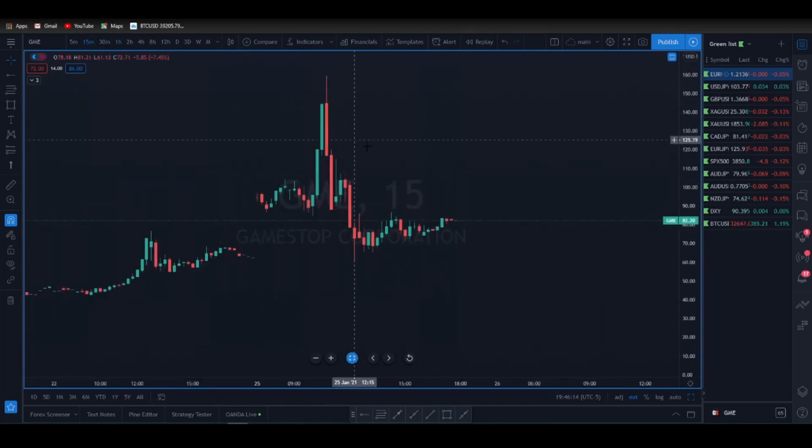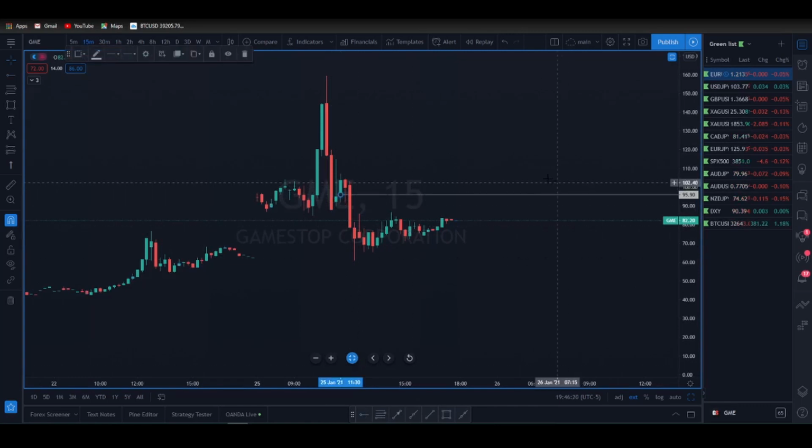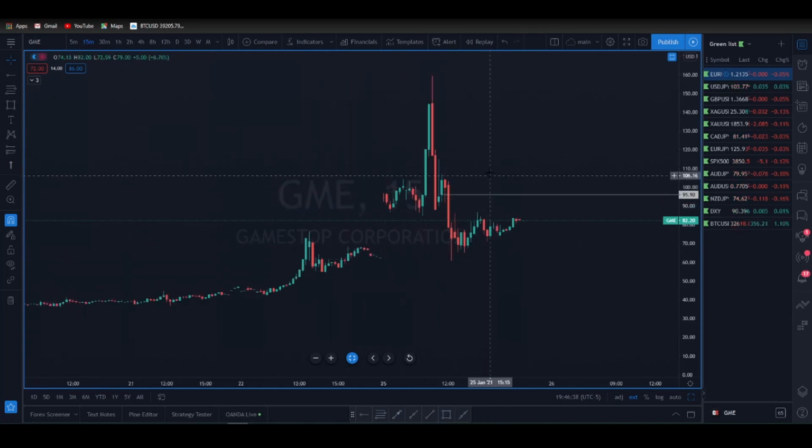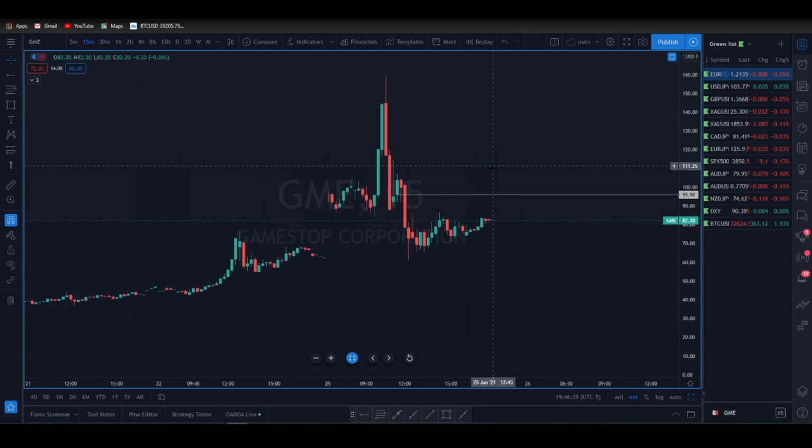Let's go to a 15. All right, so here we go. Let's see what happens on GME at the $95.90 area. That doesn't mean I want you to go short here. That doesn't mean I want you to get long here. What this means is let's watch to see how price reacts around this level. It may go completely higher. It may go up there and reverse. We don't know. All right, but if we show an inability tomorrow to get above at least this 15-minute market